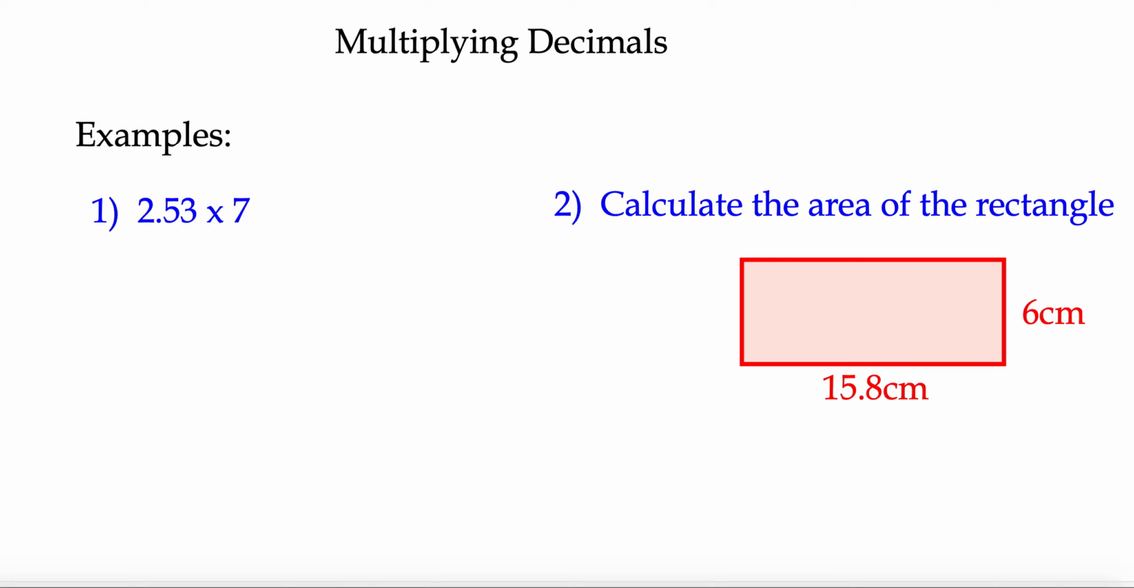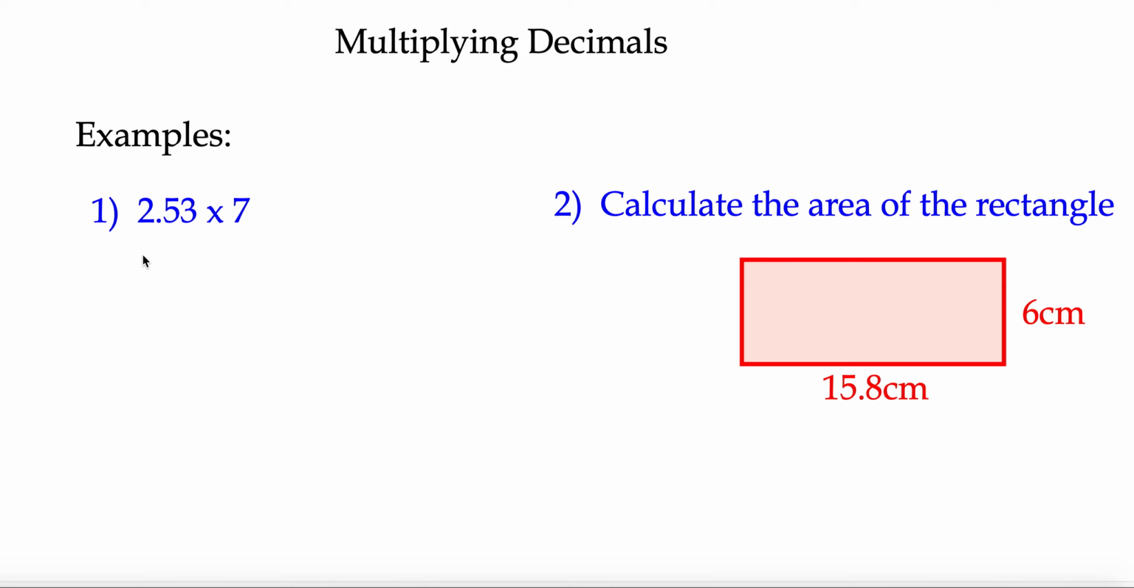Okay, we're going to do some multiplying of decimals just now, and there's a couple of examples here. Just want to remind you about when we're doing calculations, not so much about doing it in your head, it's about how you can write things down. So if the example says 2.53 multiplied by 7, I'd really like to see